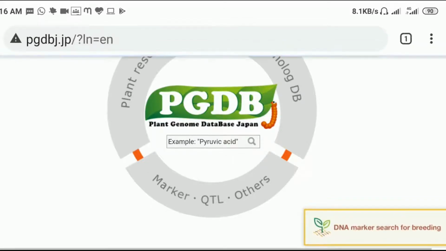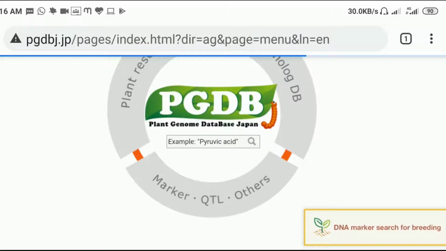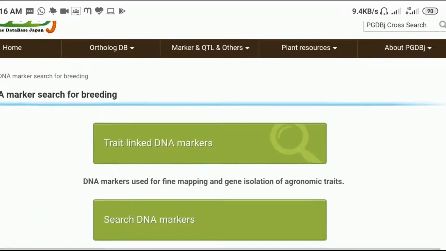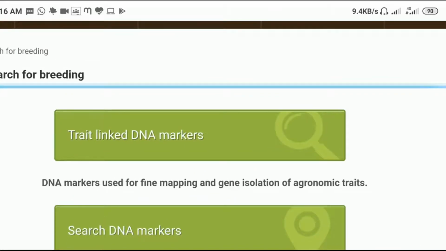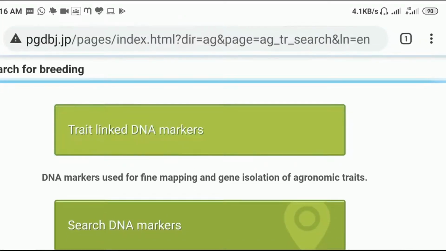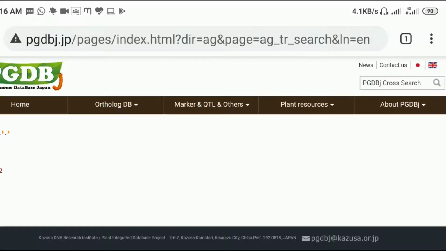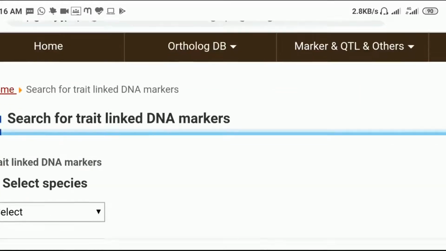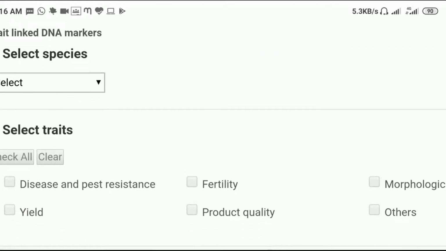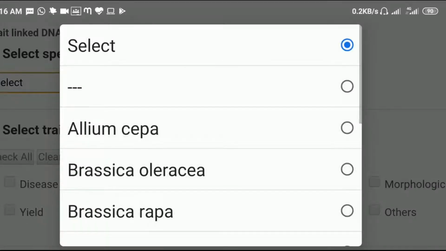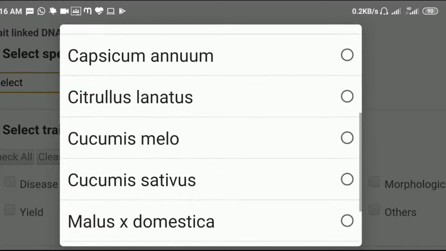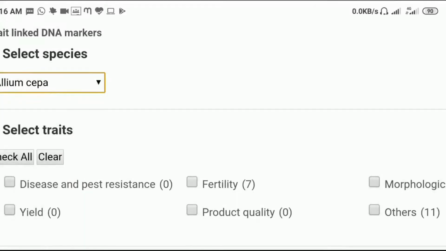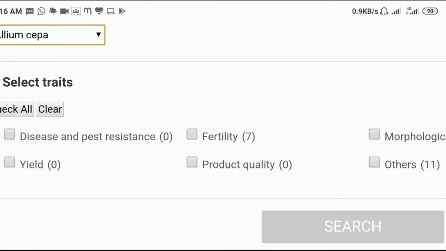So it is DNA marker search for breeding. So, trait-linked DNA markers. We have to select a species. Here we select any crop, we select Allium cepa, and the trait fertility.